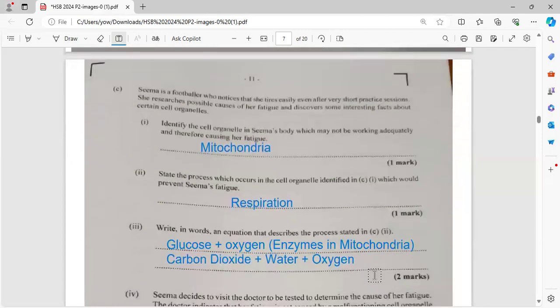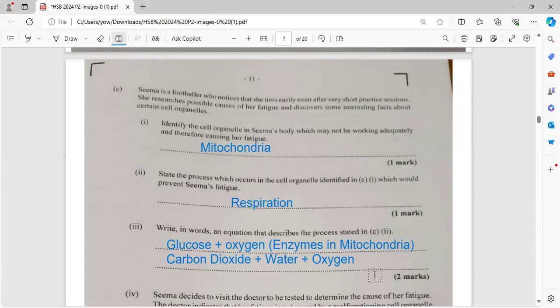Let's dig in, all right? Next question, write in words an equation that describes the process in C2. And that is aerobic respiration, guys. Aerobic respiration takes place in your mitochondria. So the equation would be glucose and oxygen, right? So glucose plus oxygen, right? Because